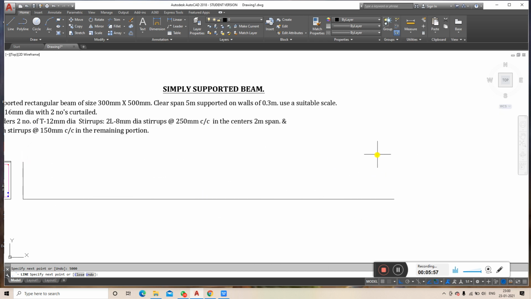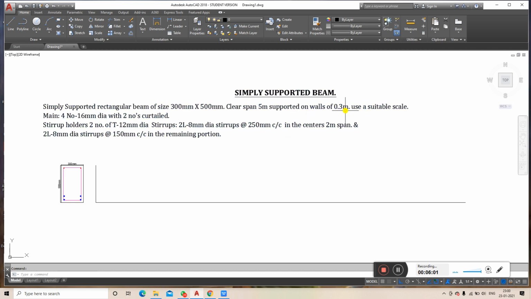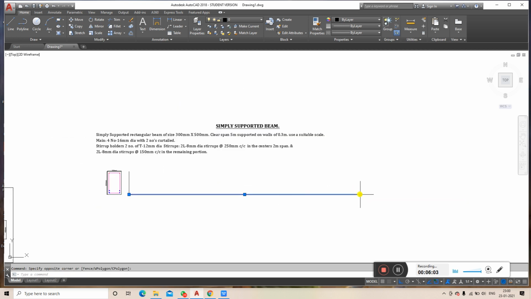The clear span is 5 meter. On either side we have a 300 mm support, that is 0.3 meter support, so I must take 5.6. I'll take the total length of this beam as 5600.